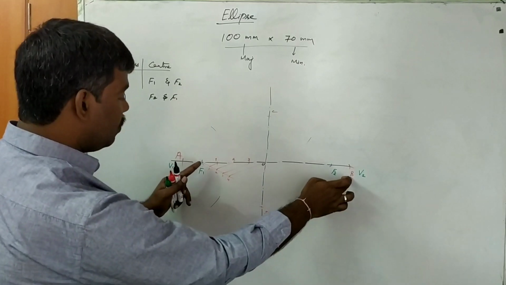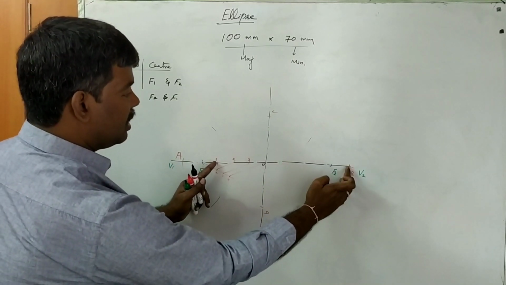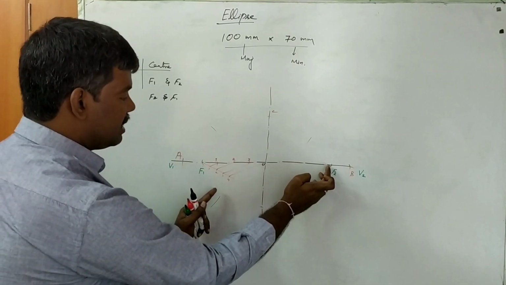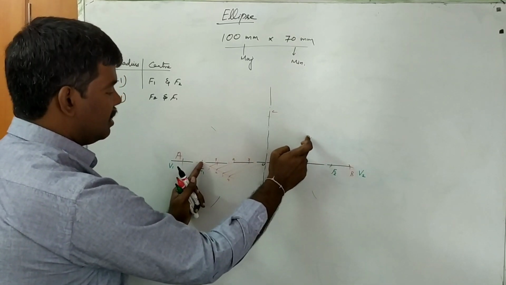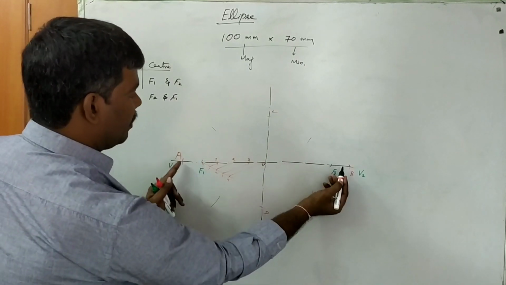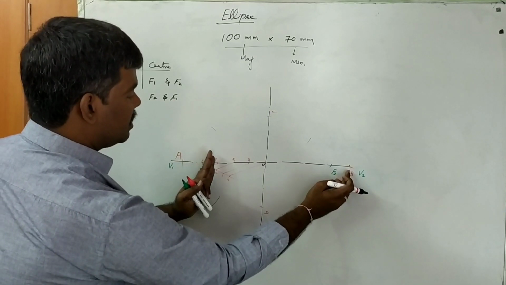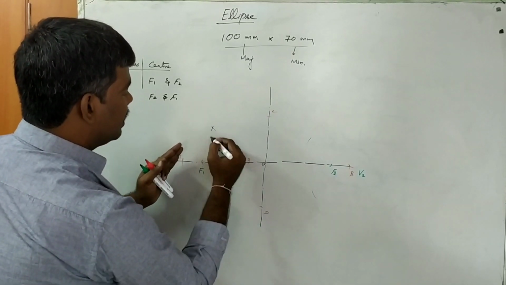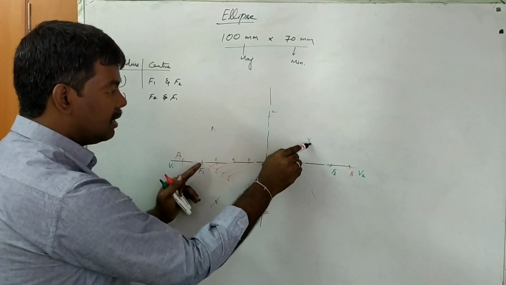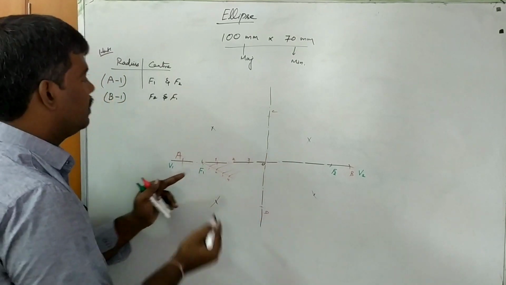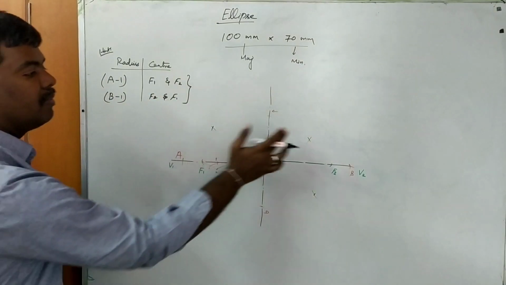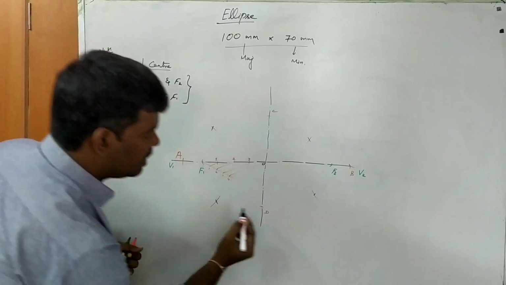Next, B to 1 as the radius, here to here. F2 as the center, intersect arc on this curve, and same radius, F1 as the center, intersect arc on these two curves. Clear? From here to here it is a radius, F2 as the center, intersect arc on these two. Same radius, F1 as the center, intersect arc on these two. Clear? So this one pair, we get 4 intersections of arcs. Understand? So here also.